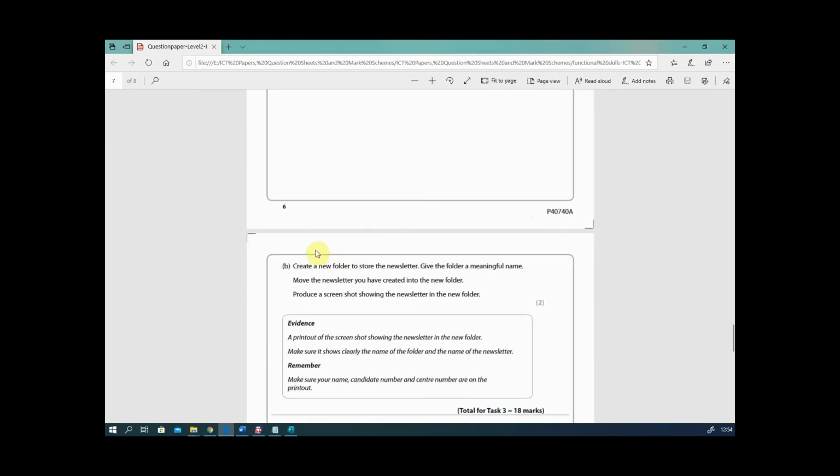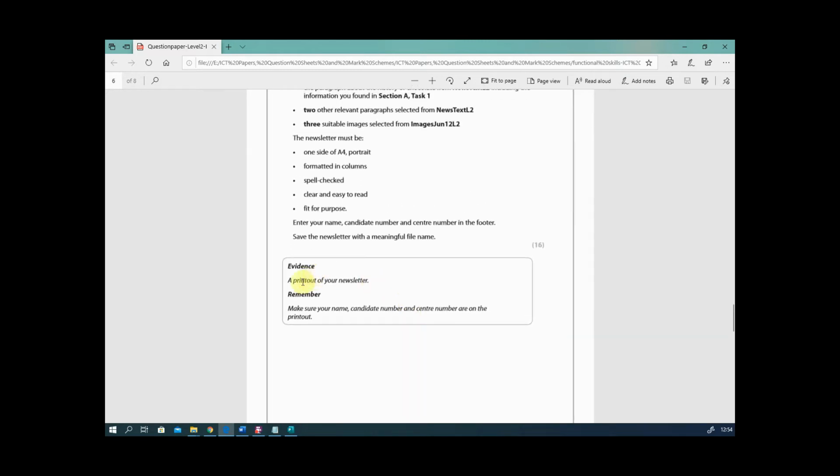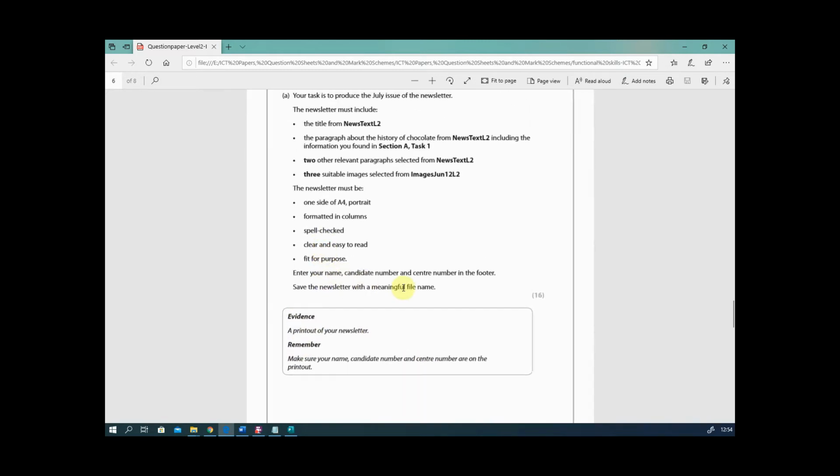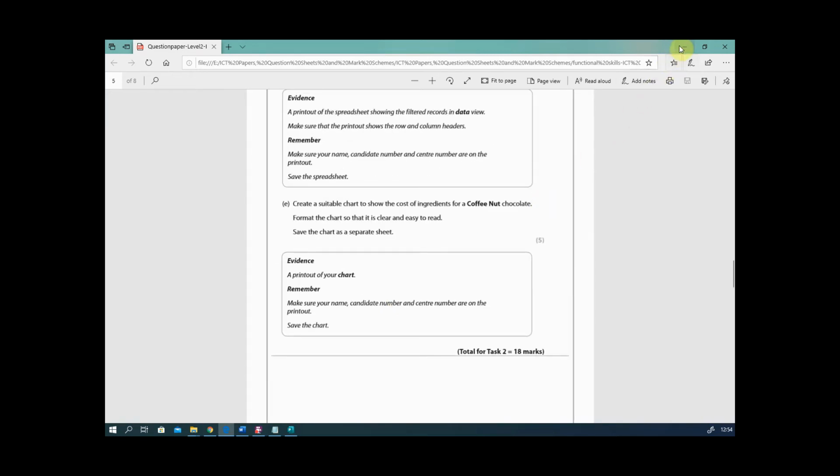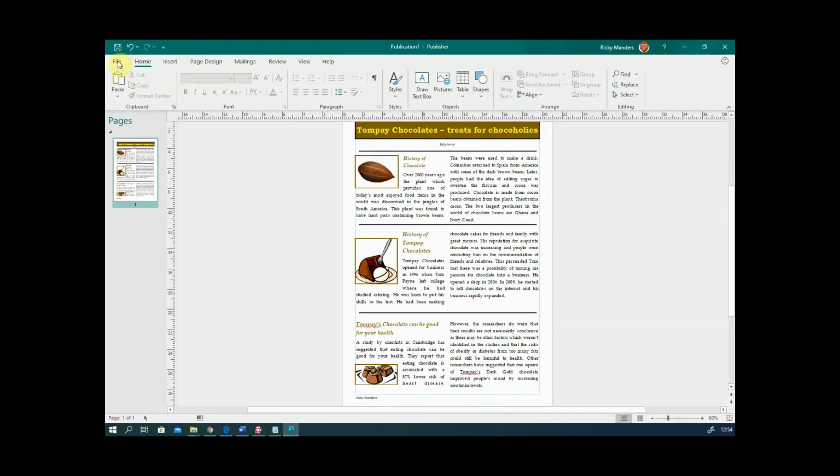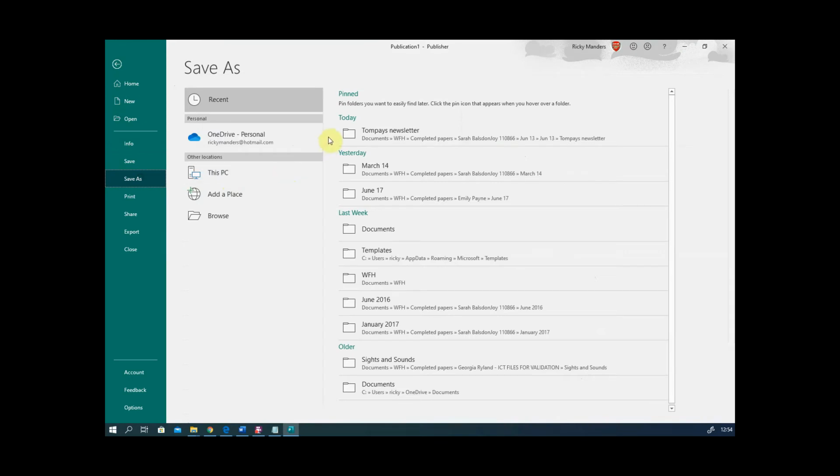Be careful, because there's also, in this one for instance, a section B. Sometimes it's section B that asks you to do something else. So always make sure. But what it does say at the end here is, save the newsletter with a meaningful file name. So I'm going to save that with a meaningful file name. I'm going to say File, Save As, and I'm going to call it, what do we call it? We'll call it